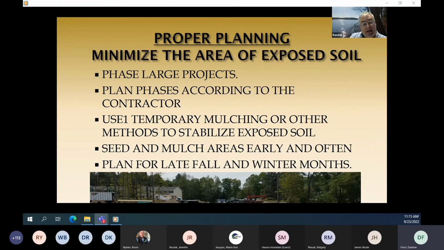And then right now, and maybe if you're like me, when you get to the 1st of August and you're working on a construction site or you're planning for a site that's going to go over the winter, what are you going to do? How are you going to deal with the site? So as an inspector, when I'm going out to a construction site and I'm getting into August, I'm talking to the contractor about what we're doing for